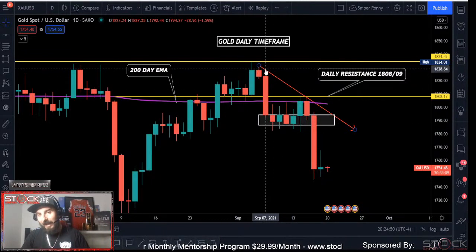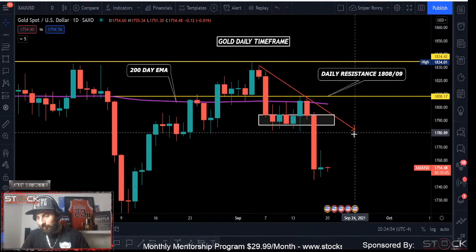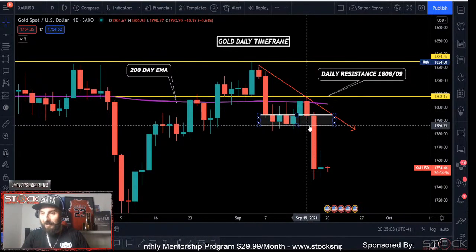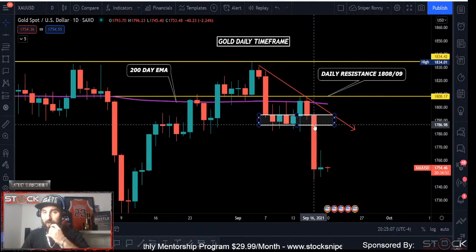And then this is when it broke. You can see if you draw a trend line, you can see where the trend is now, and we can draw this further down. This was the big break. When it was coming down here on September 16, gold was coming down to 1795. This was the key break area on the daily, 1786. So if you were trading this,